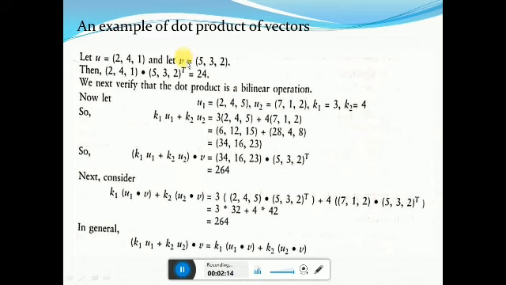So u1 is 245, u2 is 712, and the two integer constants are k1 and k2. k1 is 3, k2 is 4. Let us substitute these values in this equation. After substituting the values of k1 and the vector u1, and k2 and the vector u2, and performing the